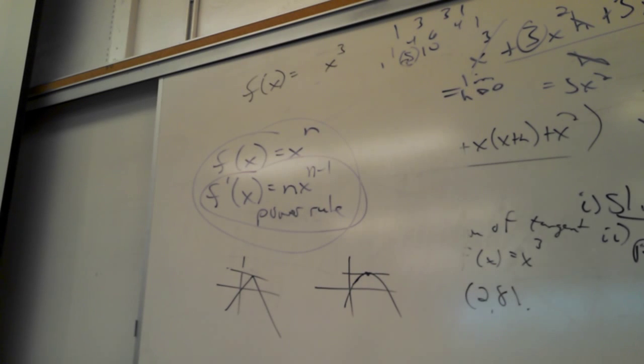It goes down about 2.75. So this point is like negative 1, 2.75, and this point is like negative 0.5,